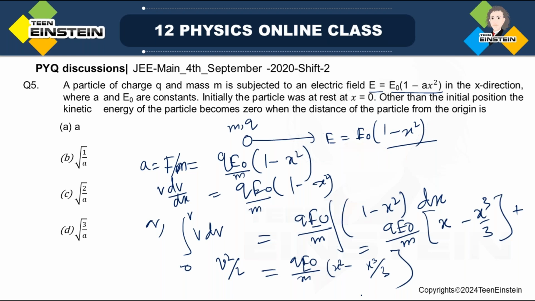So v is, see, general expression. General expression what we get for velocity is